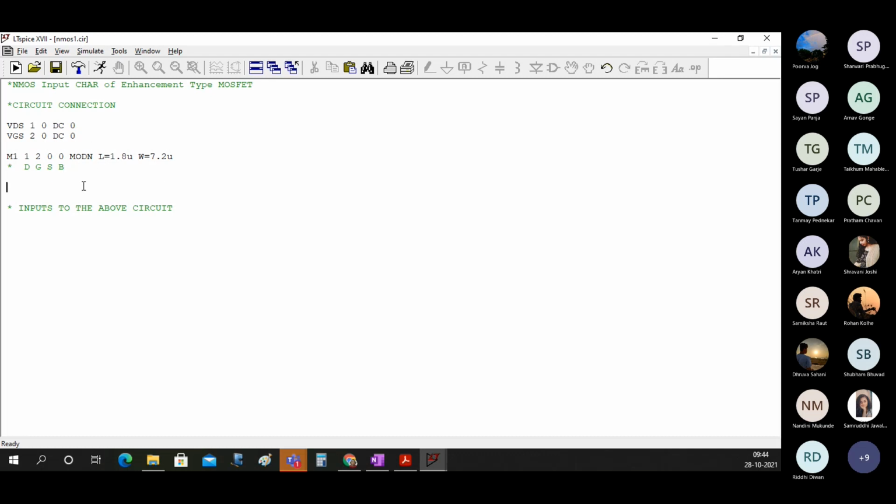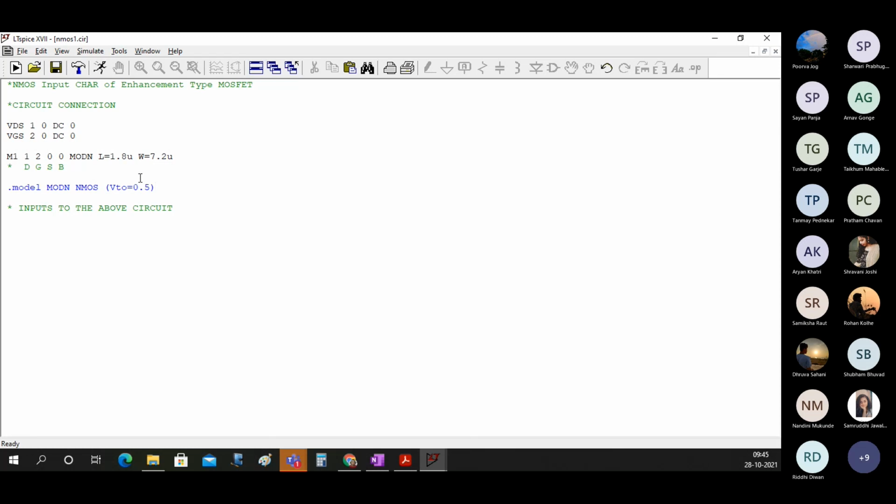The sequence in which this is written for the MOSFET is drain, gate, source and body. And then, mod N is an NMOS, so I will write a dot model statement: dot model mod N. If you write here that M1's model name is Akhil, you have to write dot model Akhil is an NMOS. You can try all those funny things later on, but for now you write like this: mod N is an NMOS whose threshold voltage is equal to 0.5.